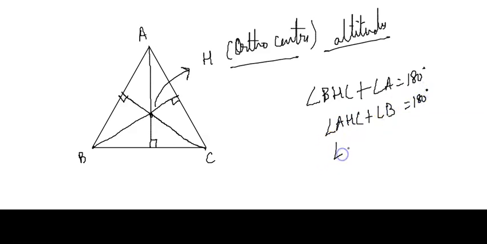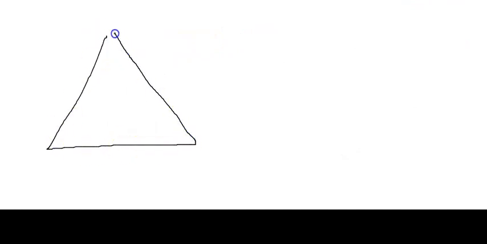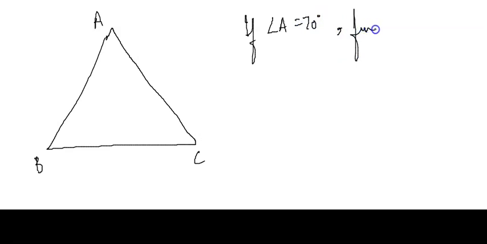And angle AHB plus angle C will again be 180 degrees. So let us try one question. Suppose in a triangle ABC, it is given that angle A is equal to 70 degrees, then find angle